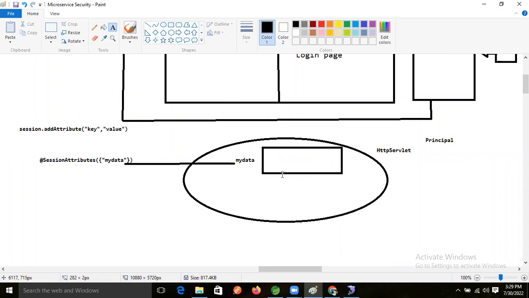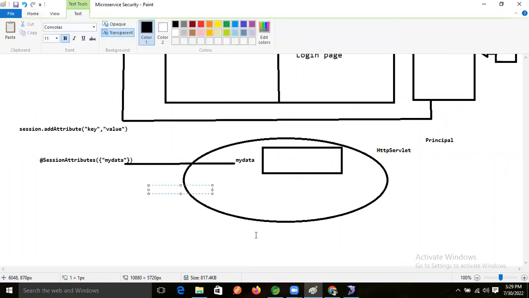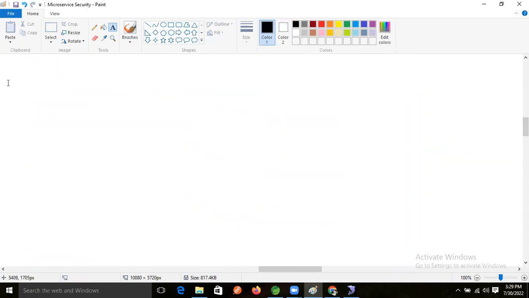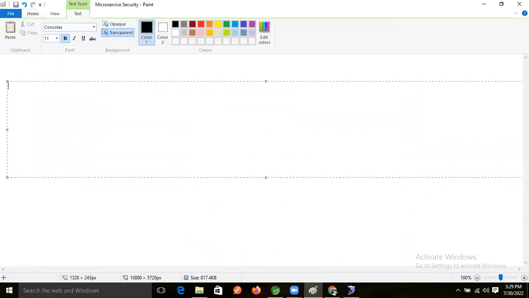So okay, now let's work on this one also. Let's take step one. Step one, what we will do now is define the attribute as a key on top of the controller class, and add